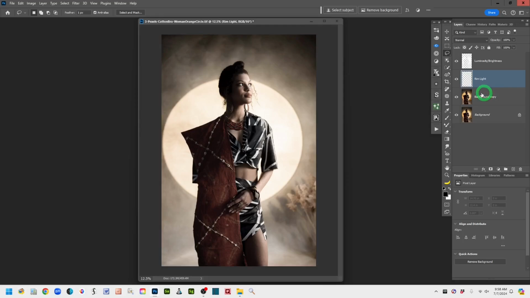Okay, so now with the background layer cut, we've got that, we'll come back to it. So with this background copy highlighted and active, now I want,